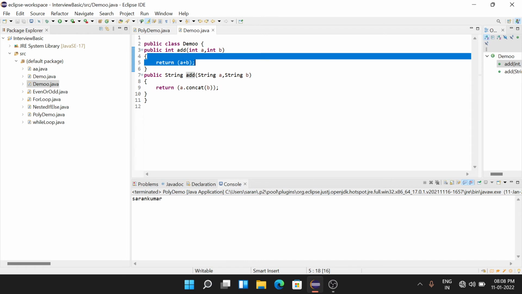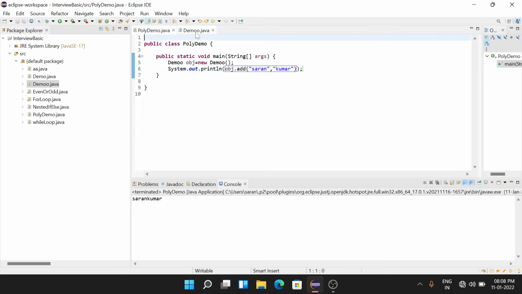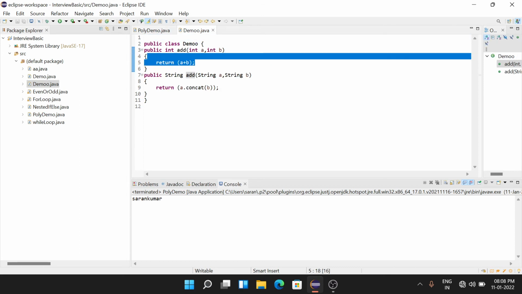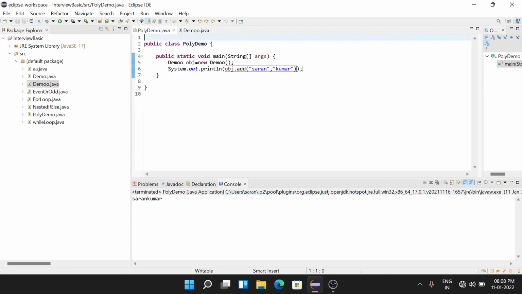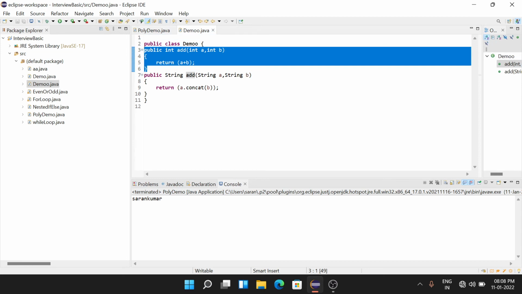What is polymorphism? Poly means many, and morphism means forms. I'm giving integers and it returns one form, and I'm giving string and string and it gives another form.